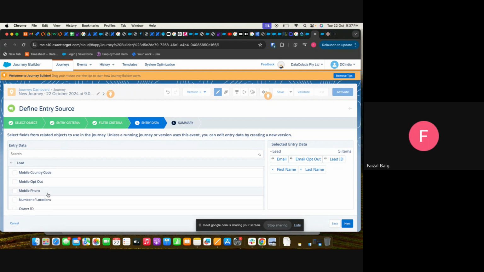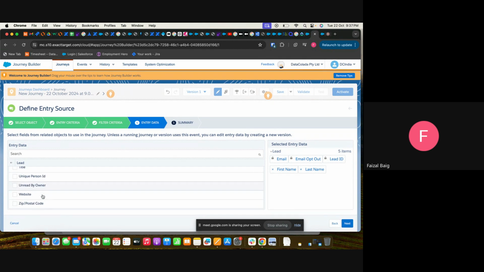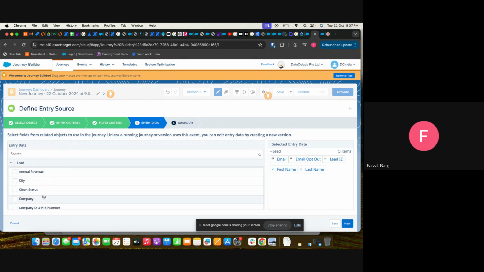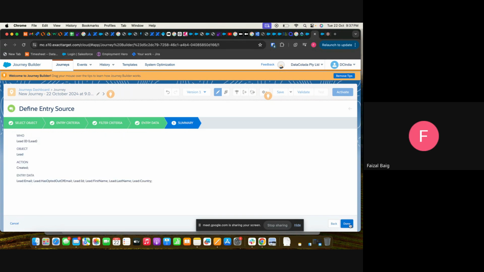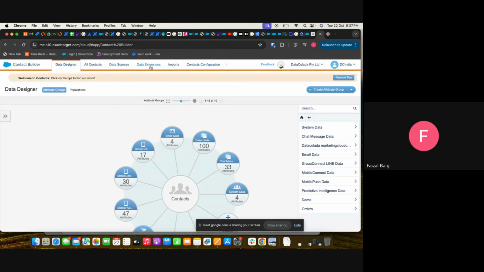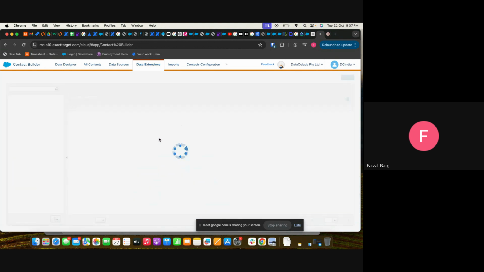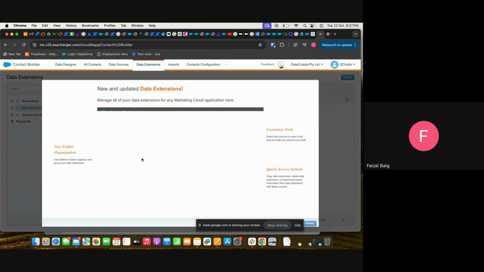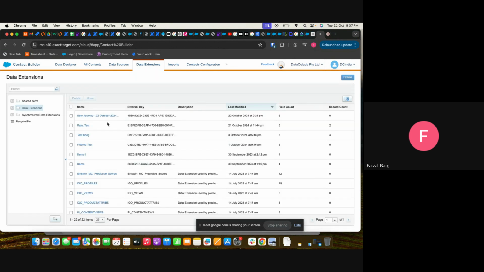And we can add state, city, zip code. That's okay. Country is there. Okay. Next, done. Now if you see here, the data extension, the fields which we have selected will definitely get updated.